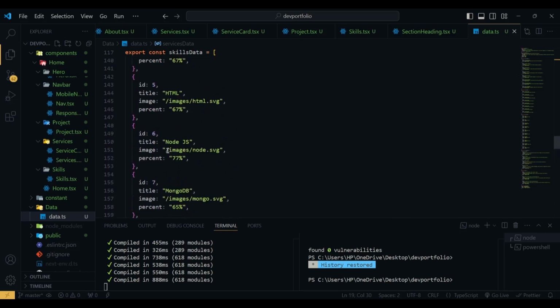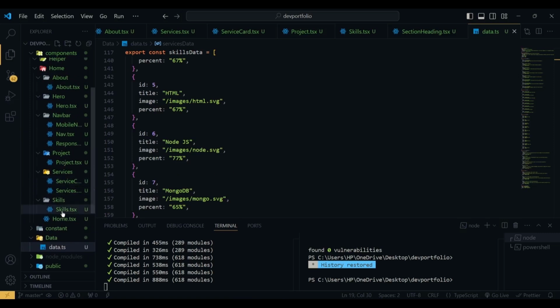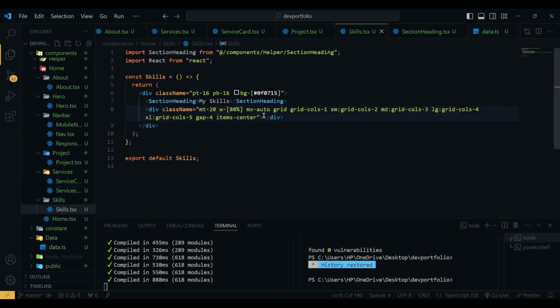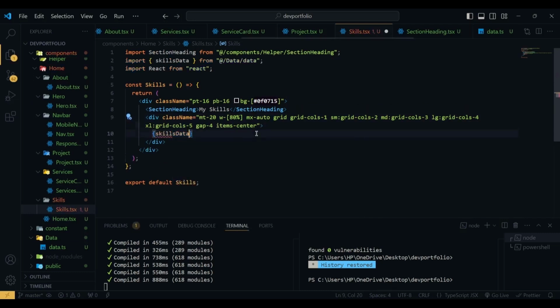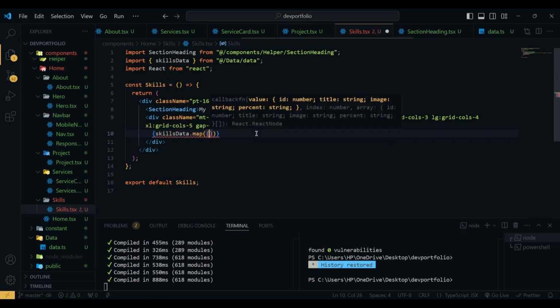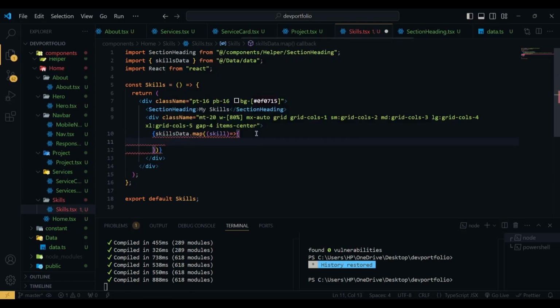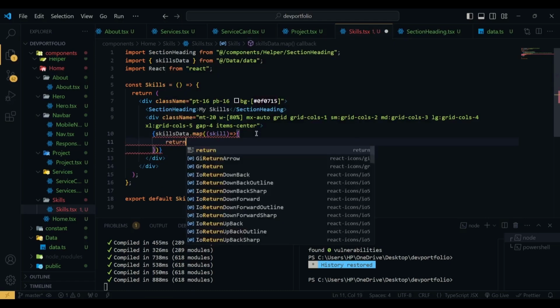So we're going to use this skill data inside this div, map through it, get an individual skill object, and then return a div,